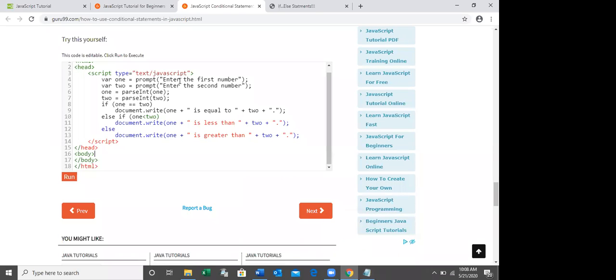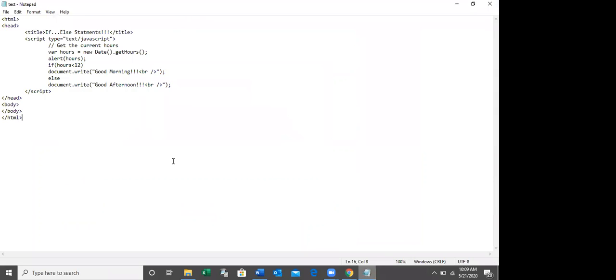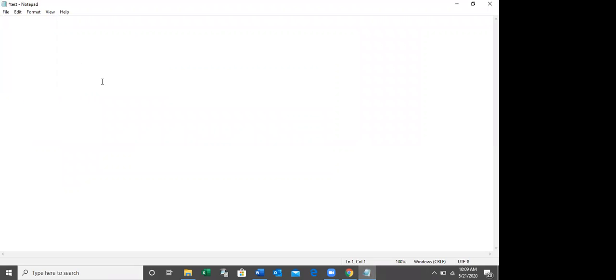You have to get the unit price from the end user. Don't assign the value for the unit price. So with a prompt, you can ask, enter the unit price. Then with another prompt, you can ask the number of units. Then you can convert these two variables, unit price and number of units. Then you can do the calculation the same as this. First of all, I'll run this one. Then you have to convert the unit price program the same as this.